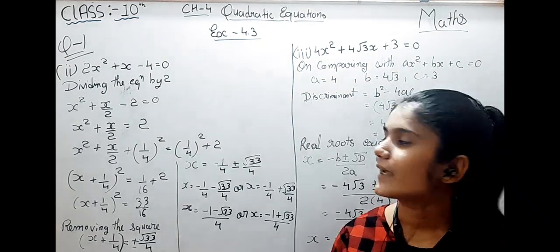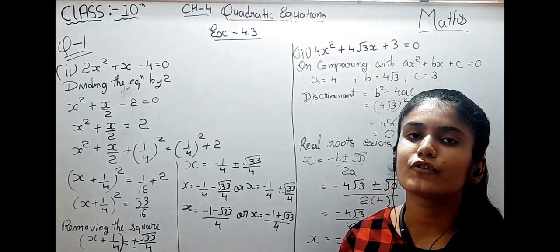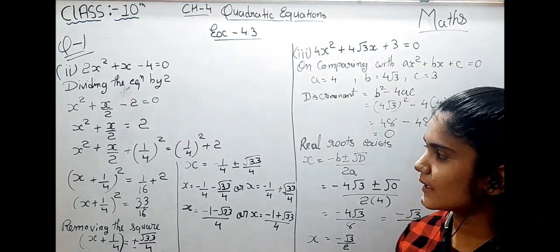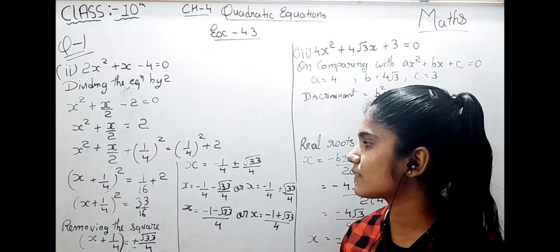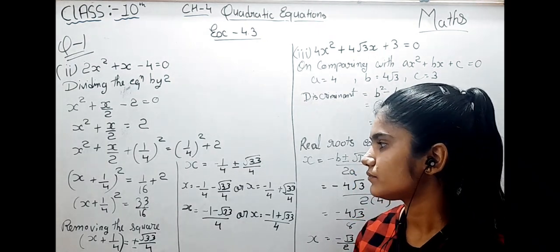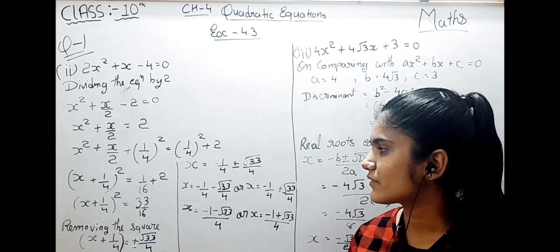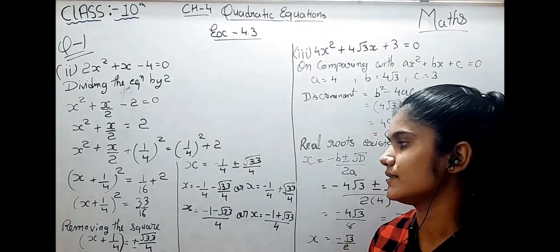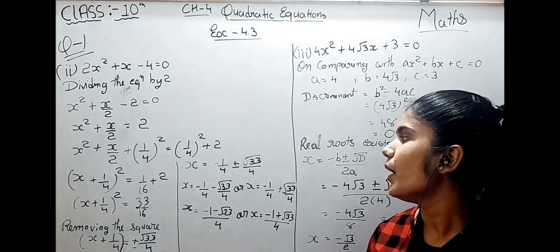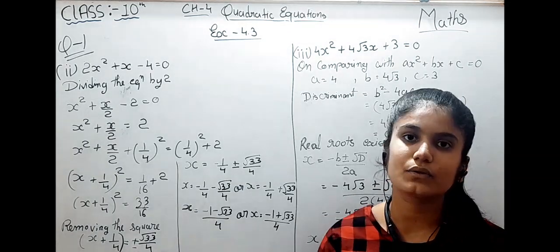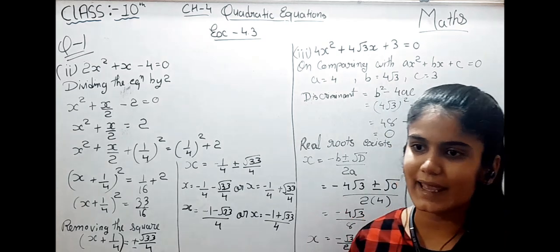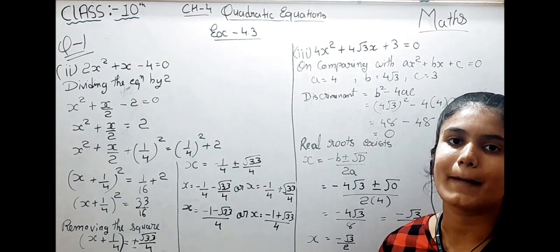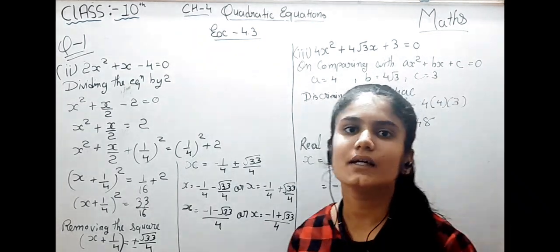So it is x square plus x by 2 plus 1 by 4 whole square is equal to 1 by 4 whole square plus 2. The perfect square is x plus 1 by 4 whole square is equal to 1 upon 16 plus 2. x plus 1 by 4 whole square is equal to 33 by 16, and removing the square from both the sides, we get x is equal to minus 1 upon 4 plus or minus root 33 by 4, and the roots of x we get here are minus 1 minus root 33 by 4 or minus 1 plus root 33 by 4. In number 3,